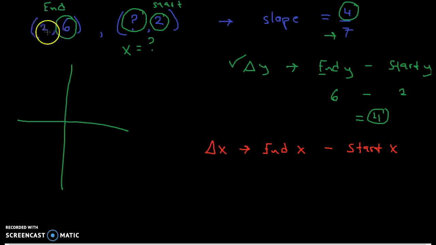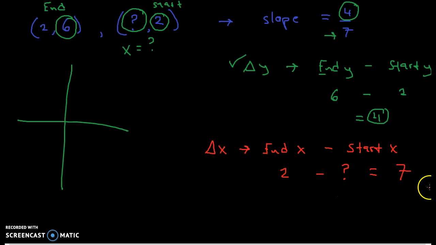So what we ended up with, our x value, minus wherever we began. Well, let's think about what we know. We know that we ended up at 2, so that's going to be 2 minus something. We don't know what that is, so I'm just going to put a question mark. But we know it has to be equal to 7. So 2 minus what